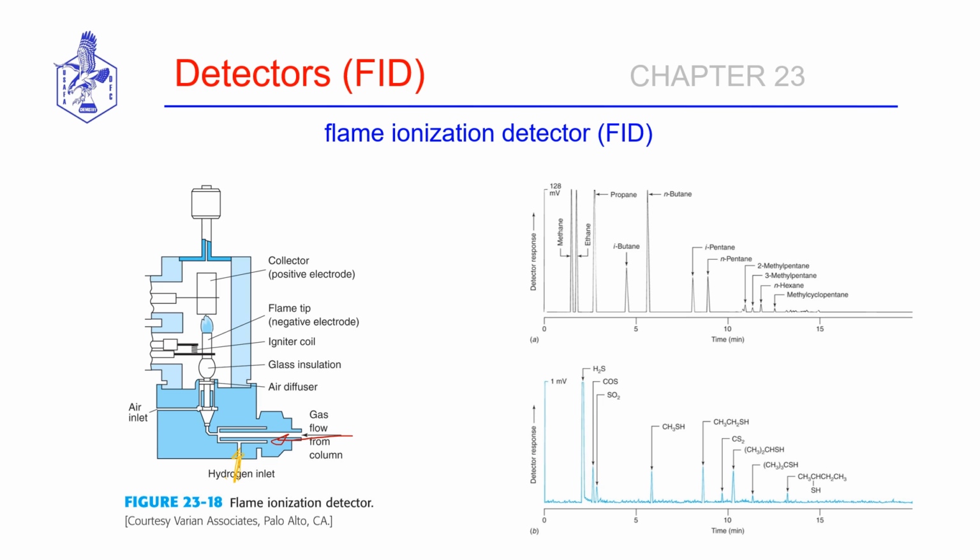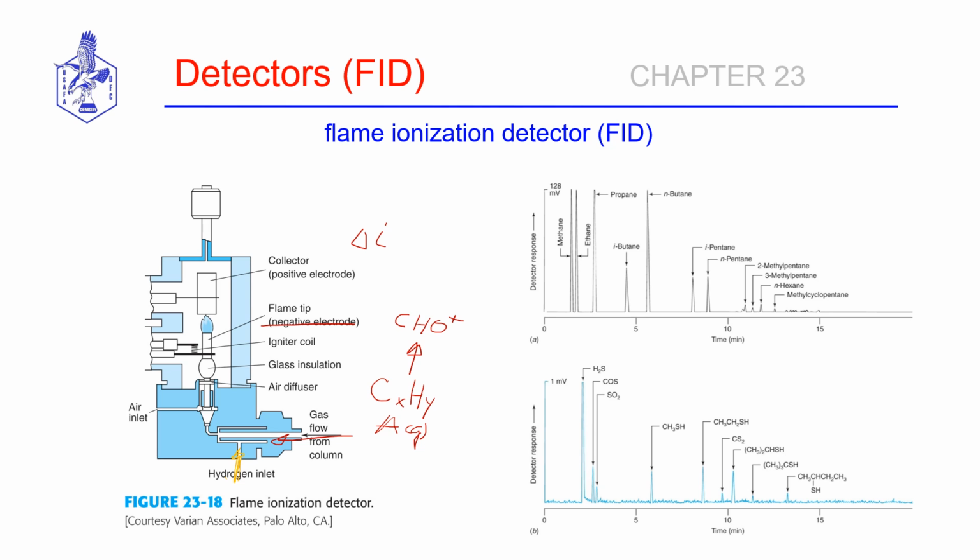So if you have some analyte species of interest, and that particular species is a hydrocarbon of some kind, it likely can undergo combustion, and in that process it's going to form some free radicals that are charged species, such as that, and this is going to be attracted to a negatively charged electrode, and upon contacting that electrode, it's going to cause a change in the current experienced between the two electrodes,